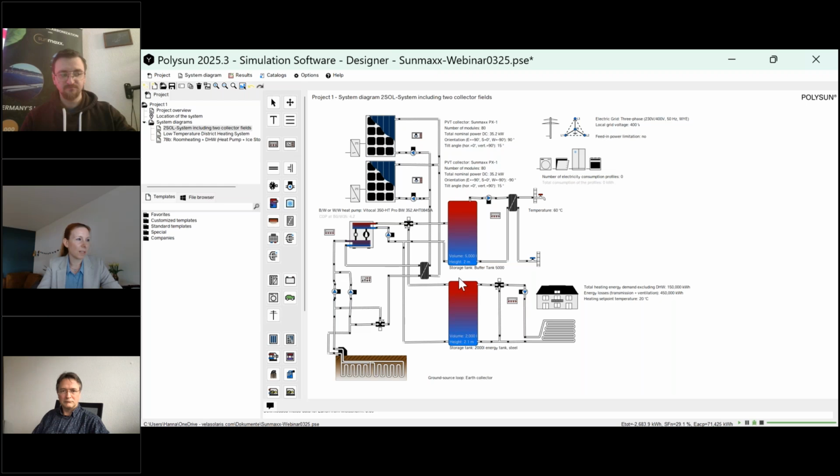And this is really the huge strength of PVT panels, and you will see it in the results later on. So we can use the PVT here as a source for the heat pump in the winter time or in spring and autumn, to also increase the inlet temperature for the heat pump.